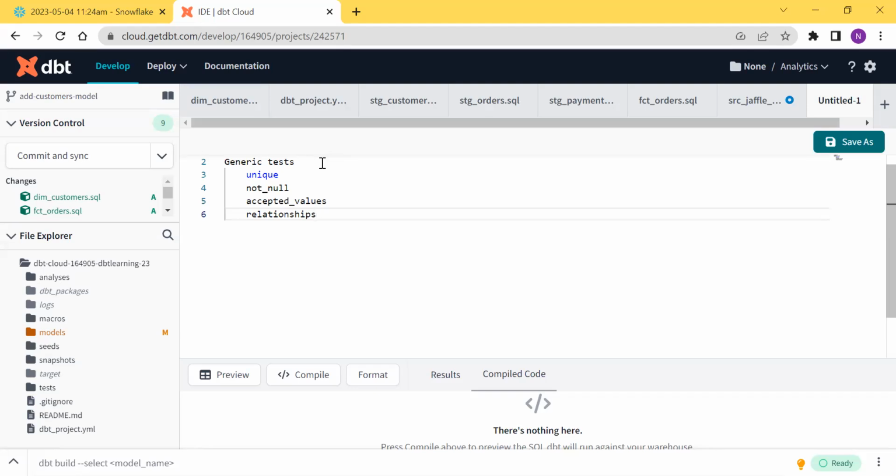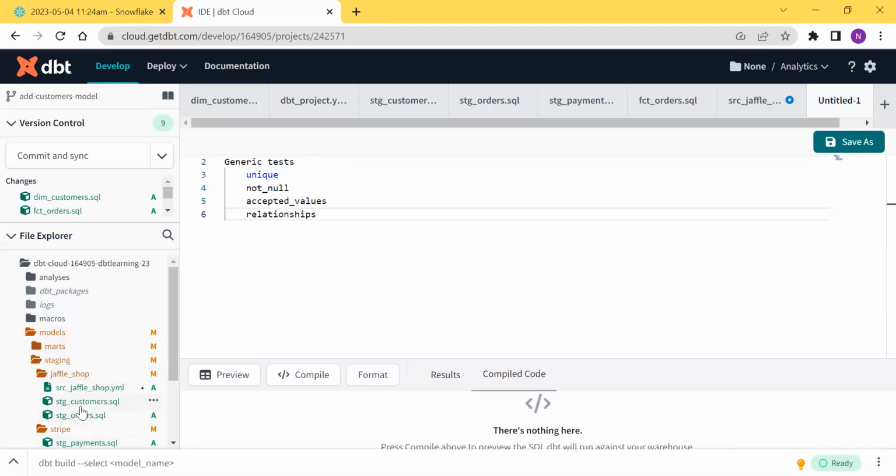So how do we create all these? We have to write a separate YAML file for this, just like how we have written YAML files for the models and sources. If you feel there are some other generic tests you can apply on all your models or most of the models,